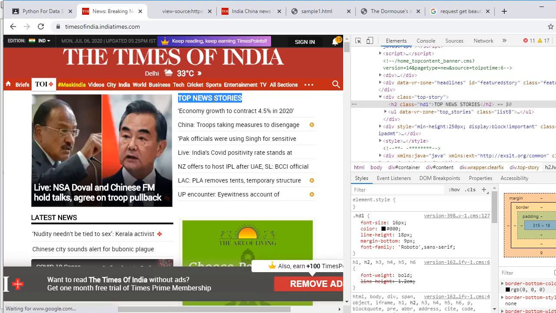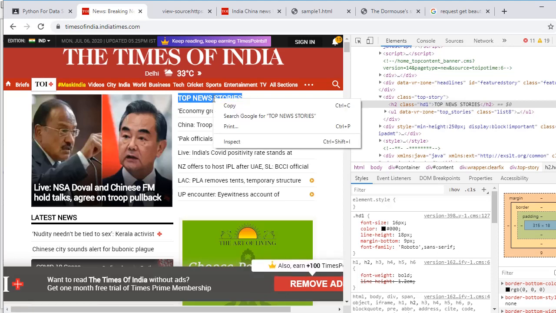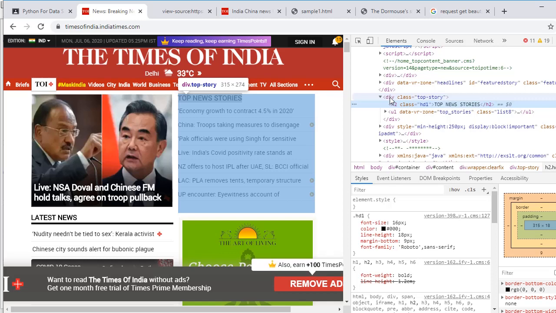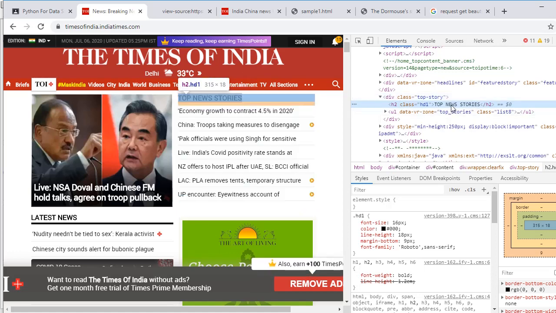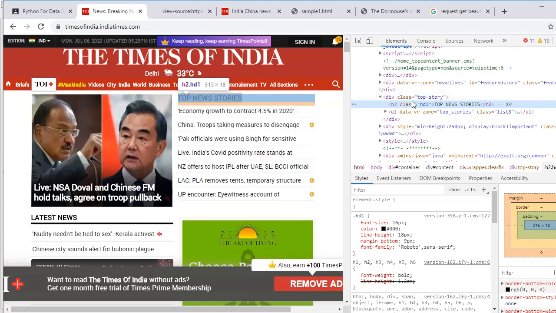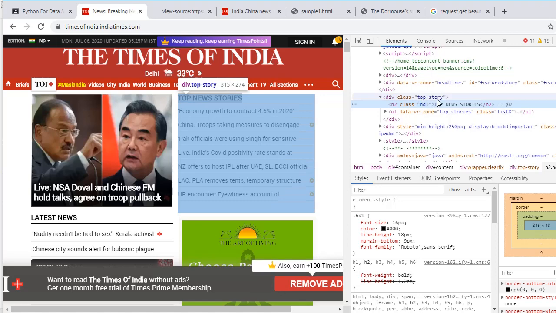So I'll right click over here and say inspect. When I do that, it shows me this particular div. The top news stories come under this div, and the CSS class of this div is top hyphen story.